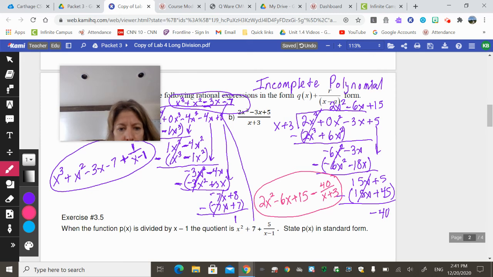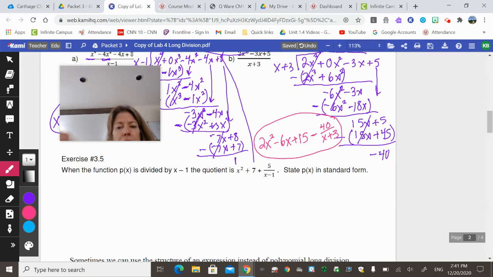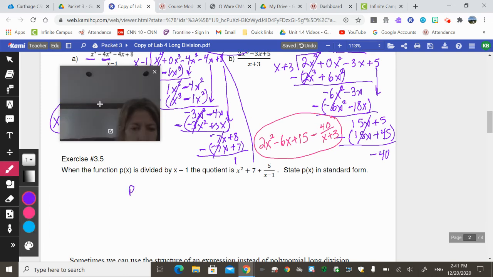Okay, so exercise 3.5, we wanted to put here. Originally, we didn't have this in our notes, but it showed up on the Regents, so we just want to give you guys some exposure to this. It tells us when we have a function p of x, and I'm just going to write it like this. Okay, this is any polynomial. Okay, it doesn't tell us what the polynomial is, but we divide it by x minus 1,